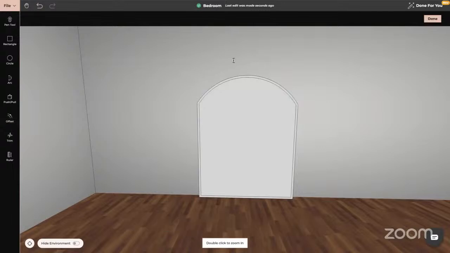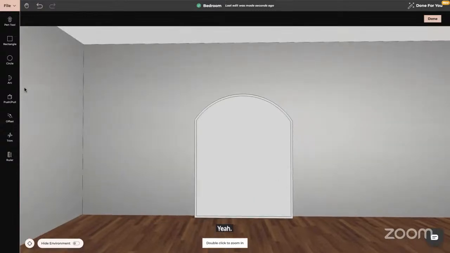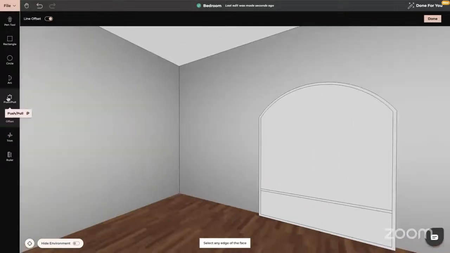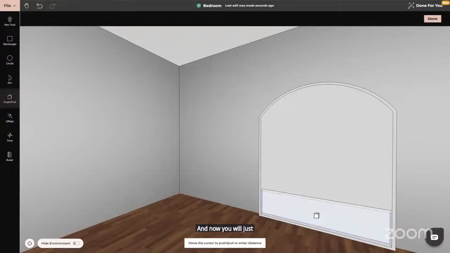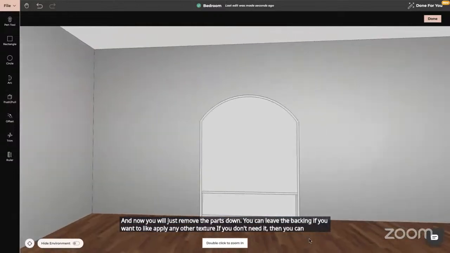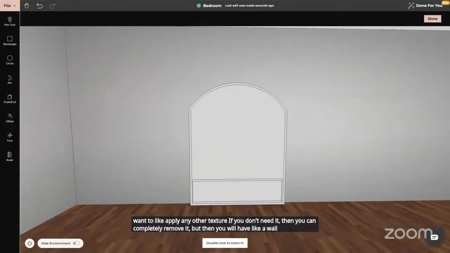Can you show that? Yeah. So you can use the line offset to measure out. So let's say that we'll have a, and now you will just remove the part down. You can leave the backing if you want to apply any other texture. If you don't need it, then you can completely remove it, but then you will have a wall behind your